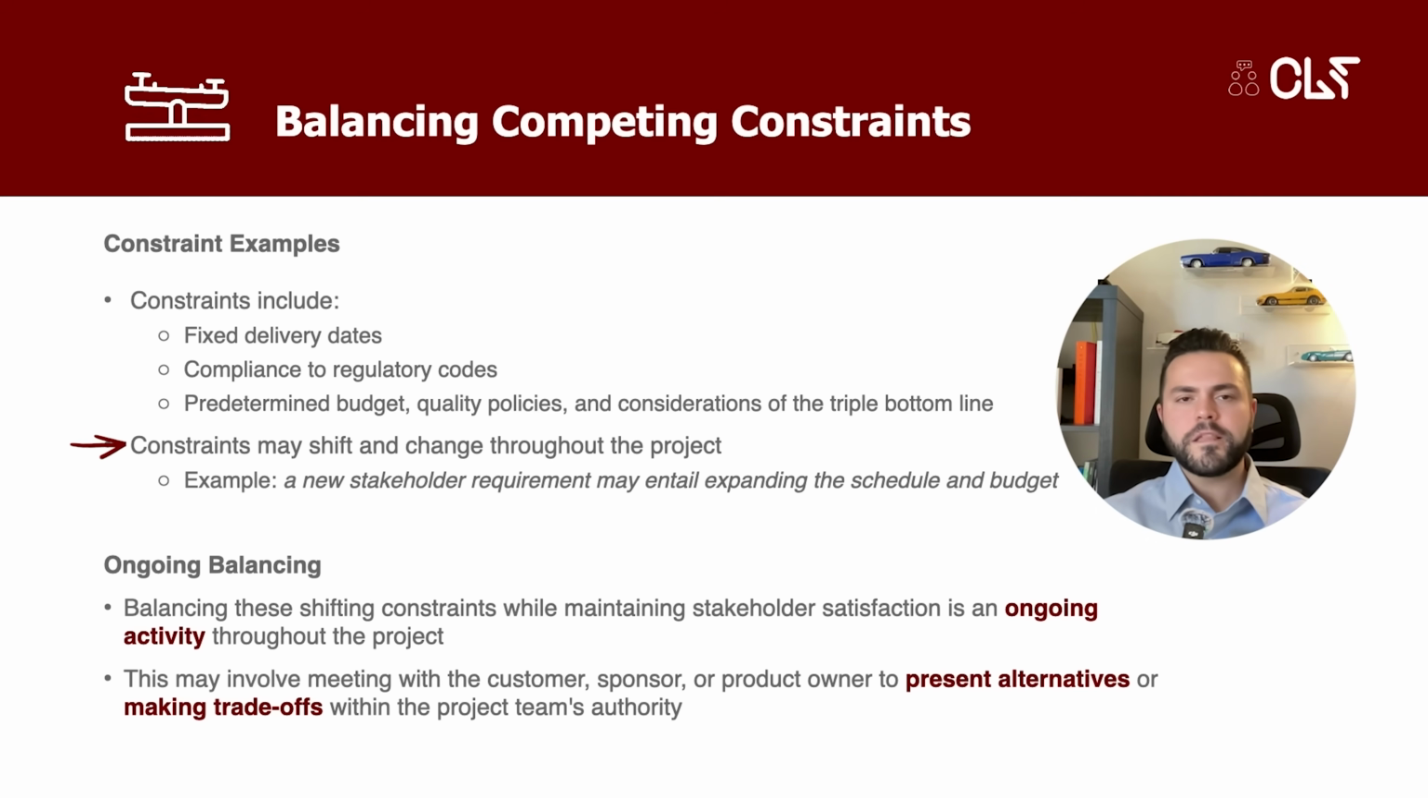Anyways, these constraints are not static. They may shift and change throughout the project. For example, a new stakeholder requirement could necessitate expanding the schedule and budget. Balancing these shifting constraints while maintaining stakeholder satisfaction is an intensive ongoing activity throughout the project. And this often requires meeting with the customer, sponsor, or product owner to present alternatives or making trade-offs within the project team's